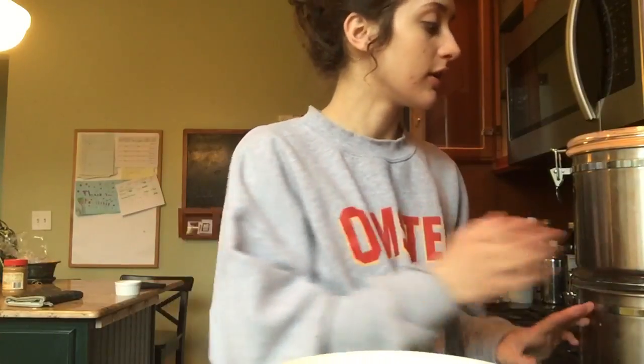1 1/3 cups of buttermilk, and if you don't have buttermilk, you can add 2 teaspoons of lemon juice or vinegar to your milk, 2 eggs separated, 4 tablespoons of butter or half a stick, melted then cooled, and 1 teaspoon of vanilla. Okay, so we're going to start by taking our flour, and we're going to add 2 cups